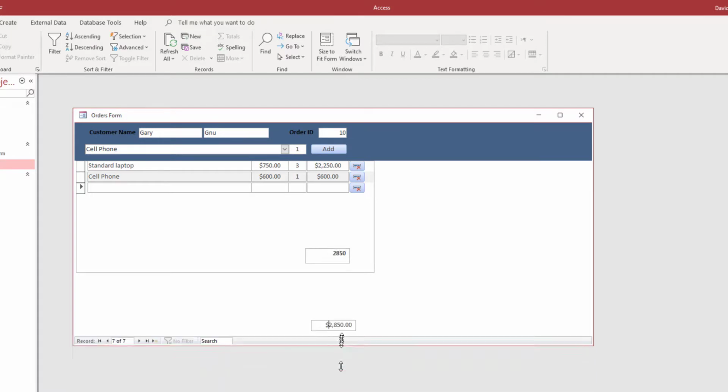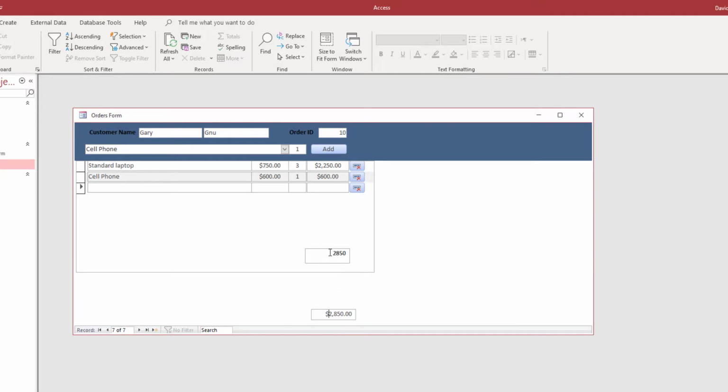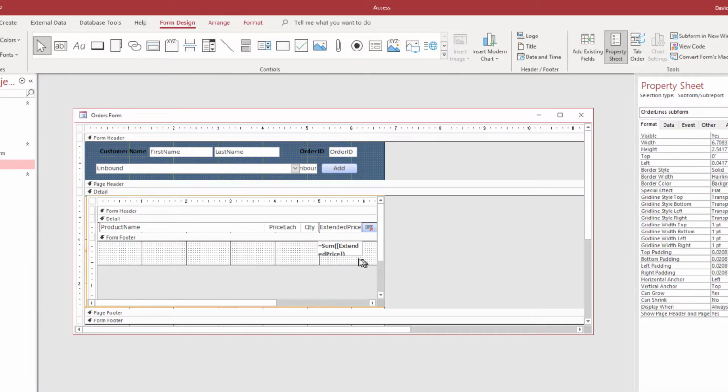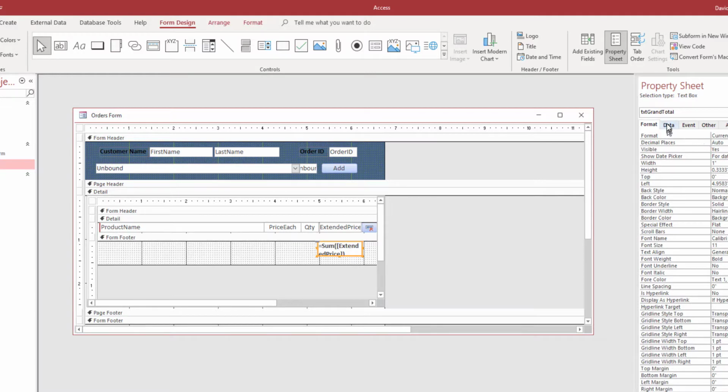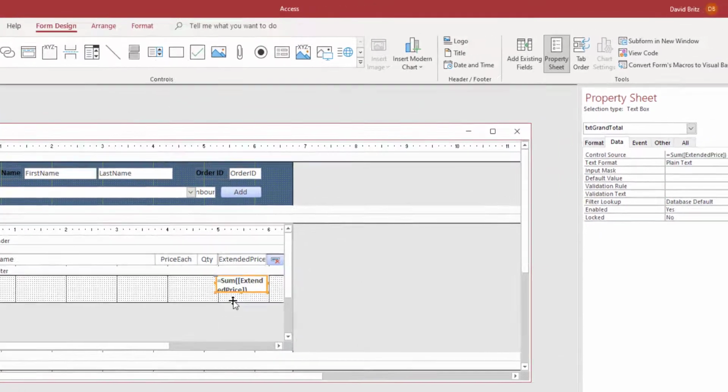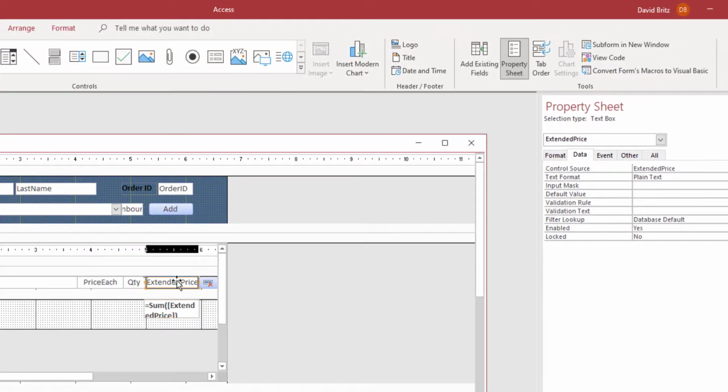Now, let's shrink this down a little bit, make it easier to see. Now, this box we would normally hide. I unhid it here for demonstration purposes. But let's just see, basically, it's very simple. What we do is we put a formula inside here, and this is basically, I'm having it take the sum of extended price. So extended price, I'm not going to go through the guts of this, but basically, when you